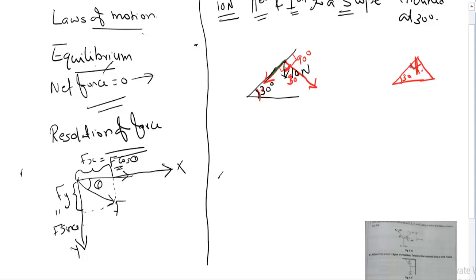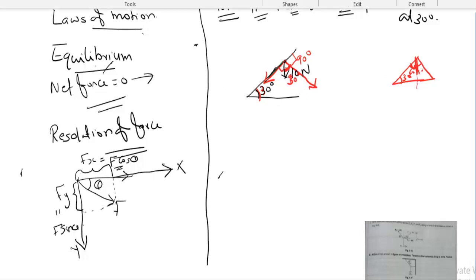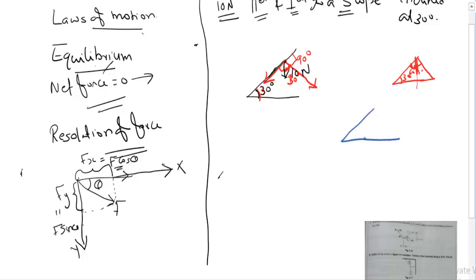So what is this angle here? I am dropping one perpendicular here, so it will be 60. The small angle in this small diagram is 60 degree. Here I am representing it as a triangle. Here it is 30 degree, and from here I am dropping it downwards. This is 90 degree. So this much will be 60 degree.